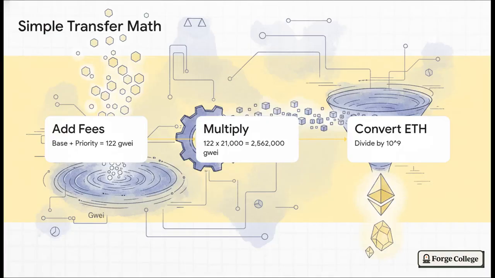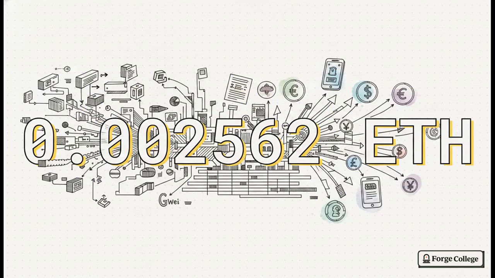Let's move to and see how this builds step by step, from tiny gwei all the way up to Ether. First, we add the base and priority fees to find our effective gas price. 120 plus 2 gives us 122 gwei. Second, we take that 122 and multiply it by our 21,000 gas used. That equals 2,562,000 gwei. Finally, to make it readable for a human, we convert that up to Ether by dividing it by 10^9. And there is our beautiful result,